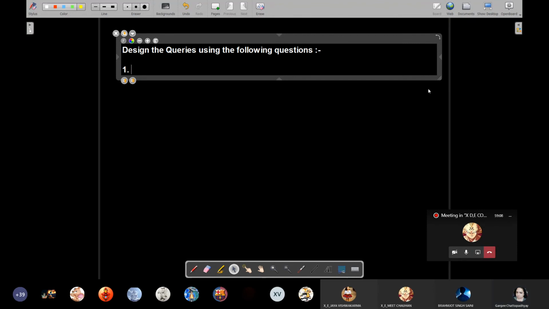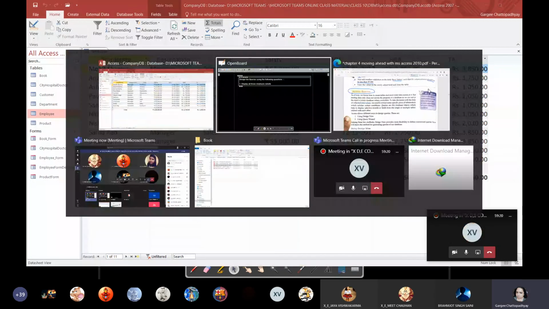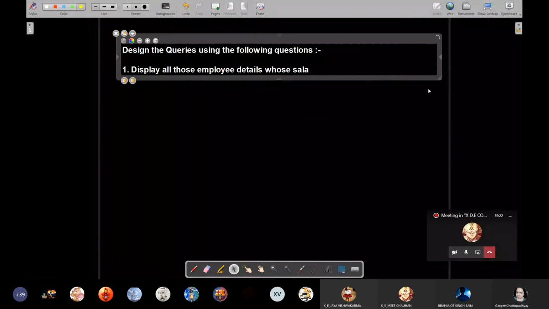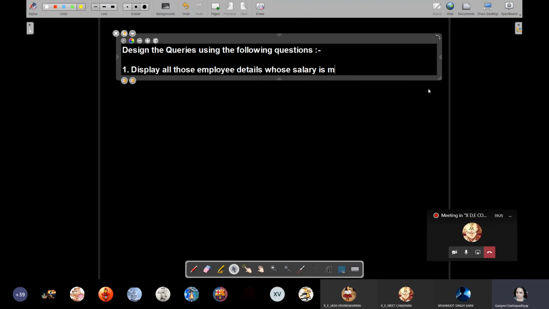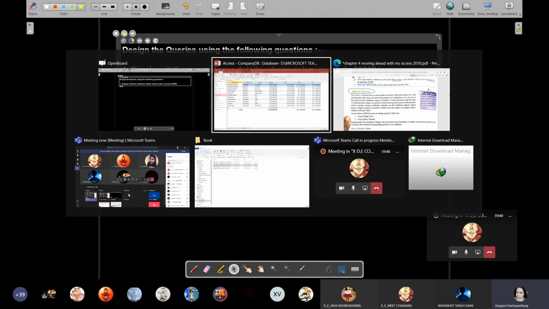Number 1, display all those employee details whose salary exceeds 50,000. जिनकी salary 50,000 से ज़्यादा है, उन employees का details दिखाओ.